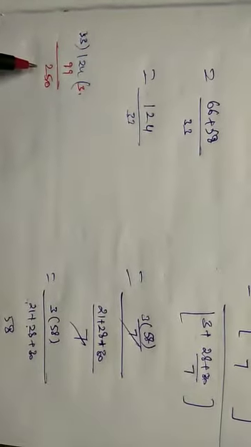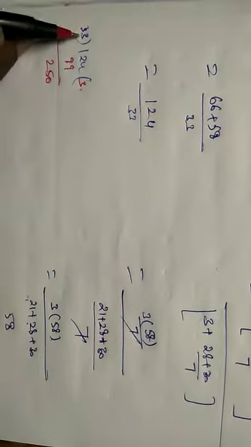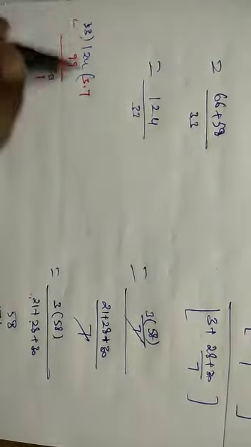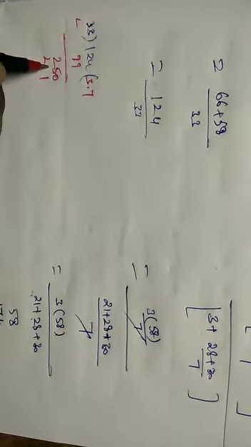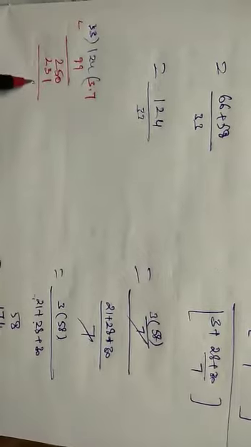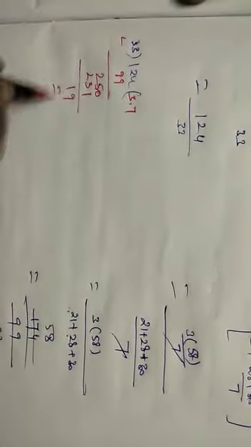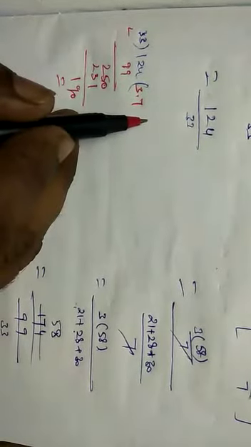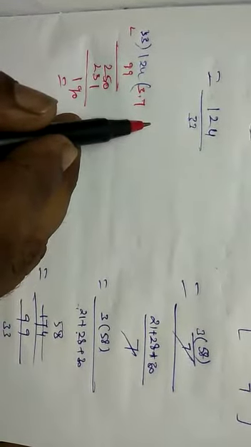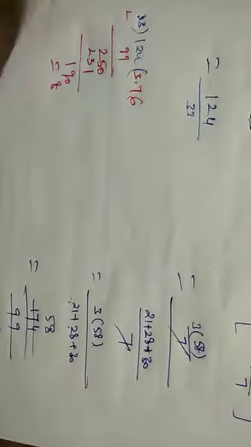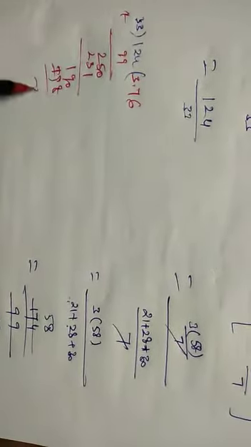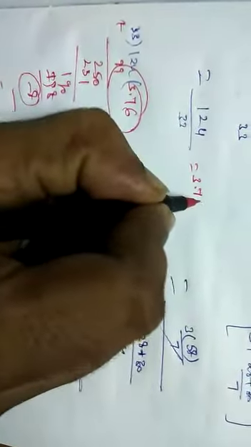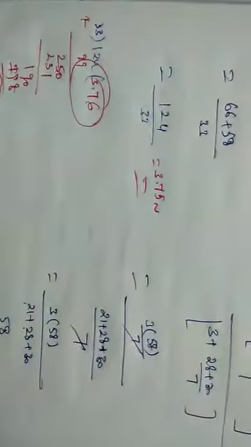33 out of, so 8 3s are 24. So 7 3s are 21, 22, 23, 231. So 9 will come, and 4 of 3, 19. So again we put a 0 here. Now 33 4s, 5, 6 will come approximately. 6 3s are 18, 198. So remember minus 8 will come here. So approximately 3.75 ohms.